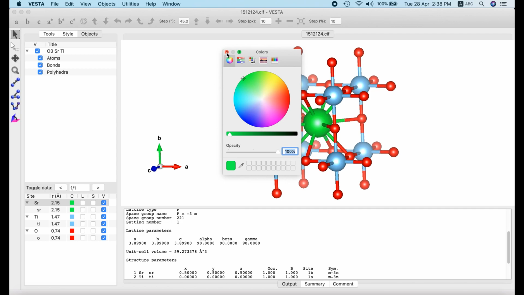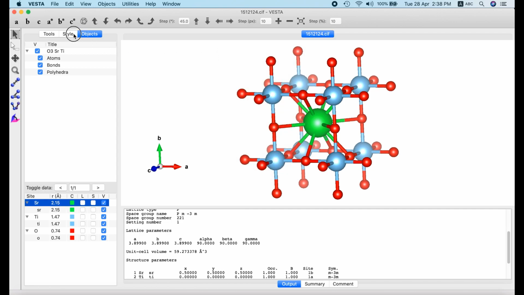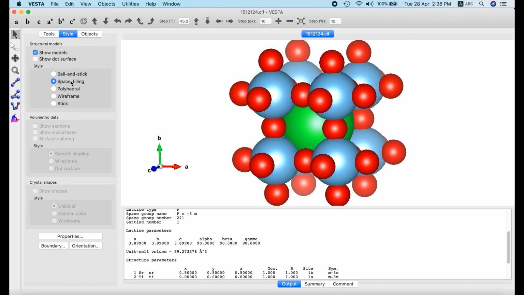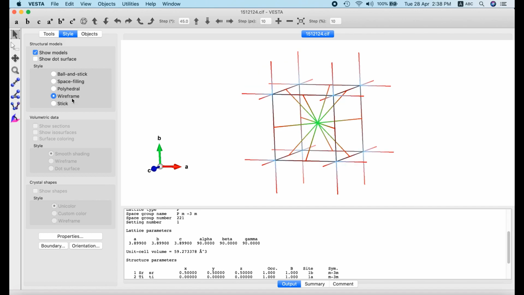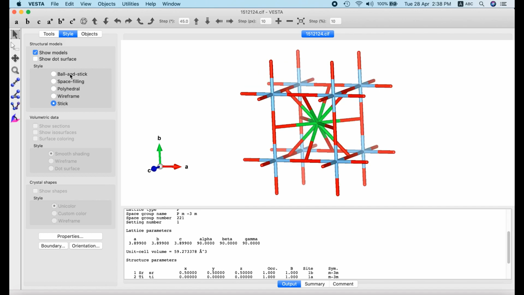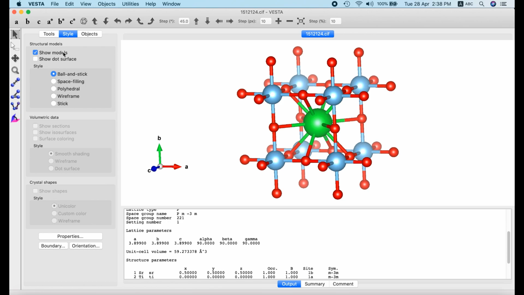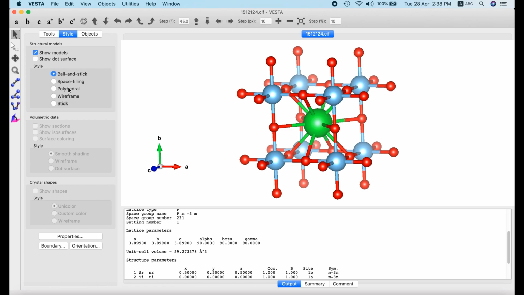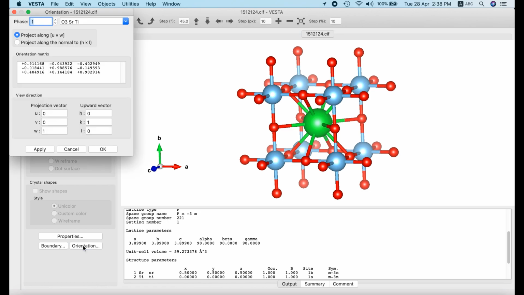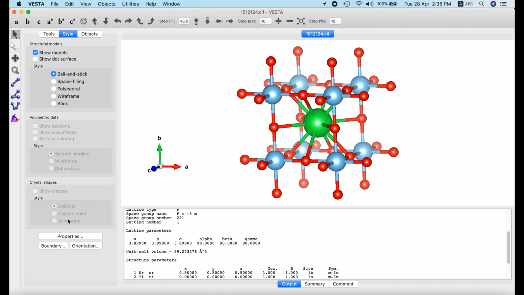Next, how the bonds are displayed. There are different models we can see: ball and stick model, space filling model, polyhedral model, wireframe model, and again you can create animation by rotation or other things. First we will see only the basic part, that is how to display your image. I can change the projection by using this particular menu, that is which axis is seen. If you give the projection vector, we can change the ABC axis value.